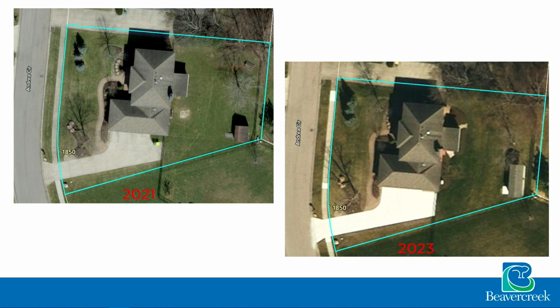Right. I would point out that it's more difficult in the 2023 photo, but that southern border line does not touch the edge of the shed. There is a green shadow line just below the property line. That is actually where the property is. And in fact, the southern fence line is built exactly on the property line. It is not on top of the shed, as is suggested in that photograph.